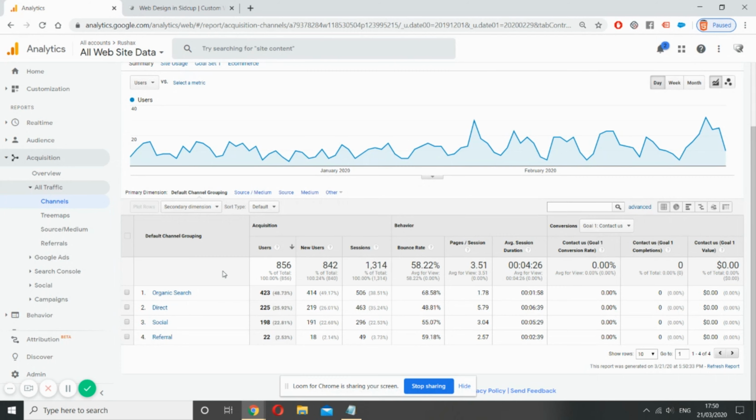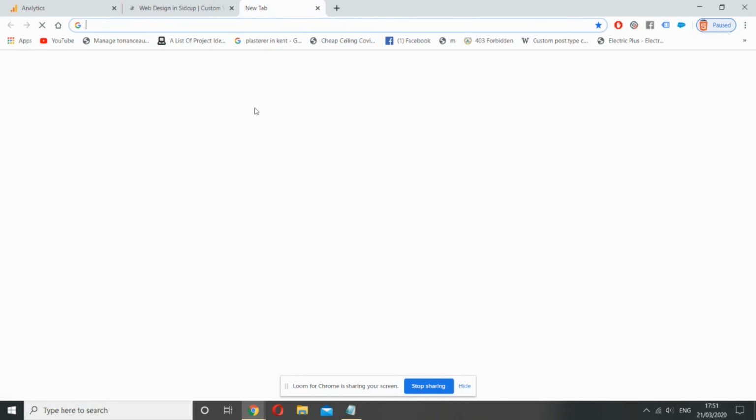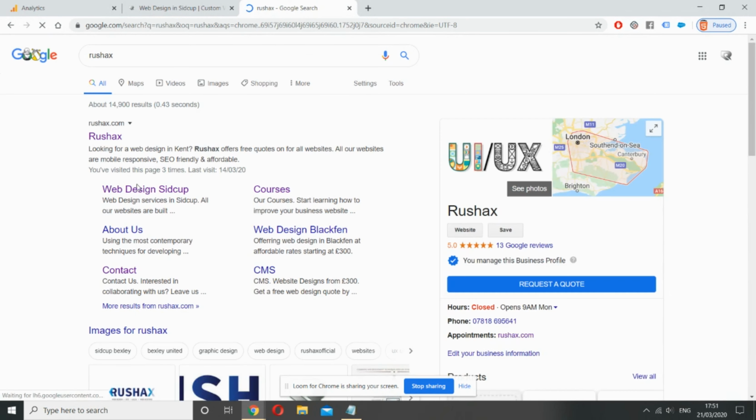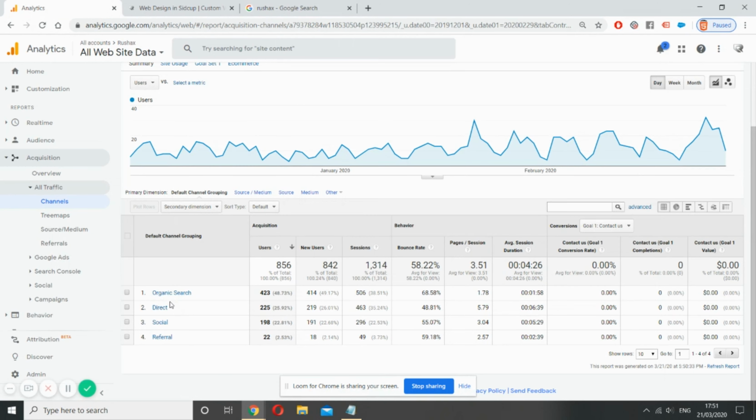But there are 2 types of that. They break it down into Google AdWords, if you're running PPC campaigns, which is pay per click, so essentially advertising on Google, or you've got organic search. If I was to type in Rushax and it's one of these listings, we're not paying for this listing, so it's not an advertisement, and therefore that would be attributed to organic search. Now, direct is where someone's typed in the exact URL or clicked a link